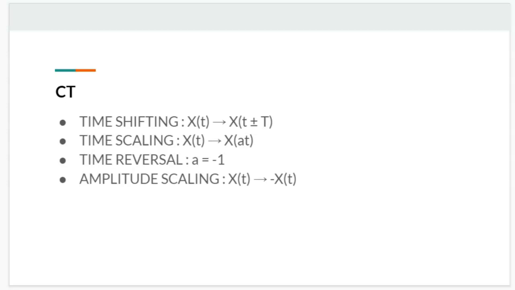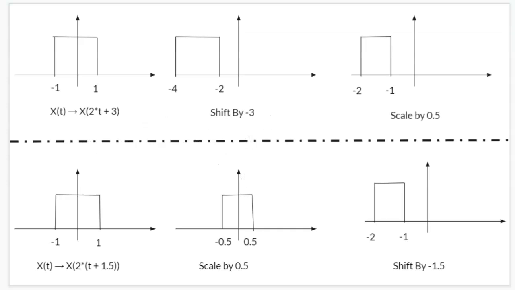I would like to give a concrete example of these three combined together, as shown here. You're given a signal x of t like this, where the amplitude is 1, and it is 1 when t goes from minus 1 to 1 and 0 otherwise. You wish to perform a certain transformation to obtain the signal x of 2t plus 3. This is a signal you wish to obtain by transforming this signal somehow. So the aim is to draw a graph of the corresponding new signal.